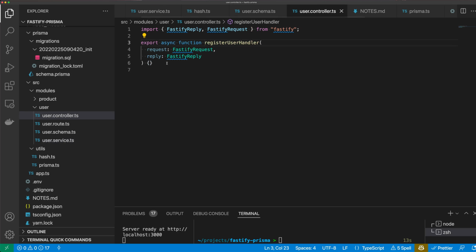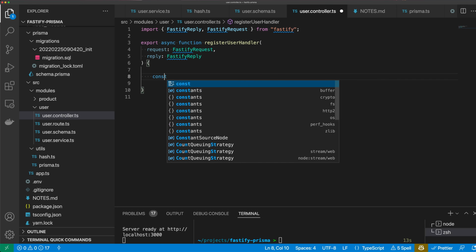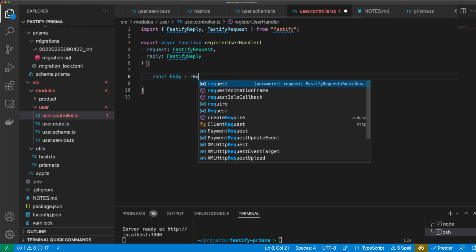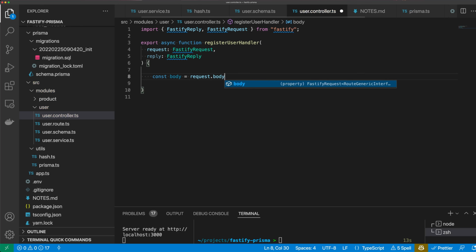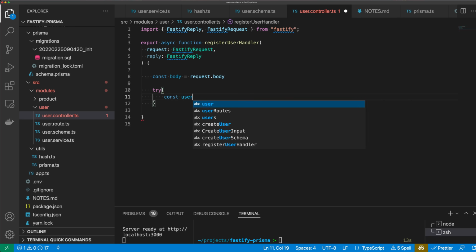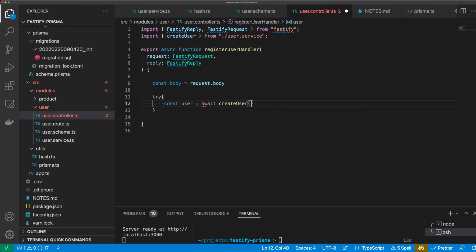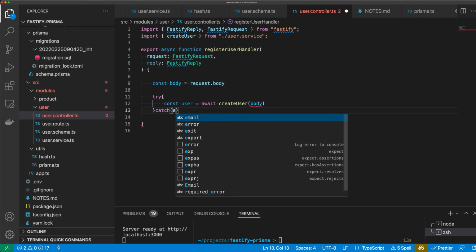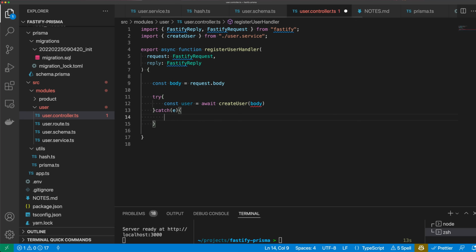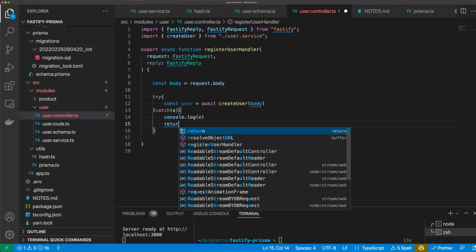Let's come back to our user controller and we can start filling this in now. So we can say const body is equal to request.body. Then we can say try const user is equal to await create user, and we can pass in our body. We're going to catch this error and console.log out the error, and then if we face an error, I'm going to return